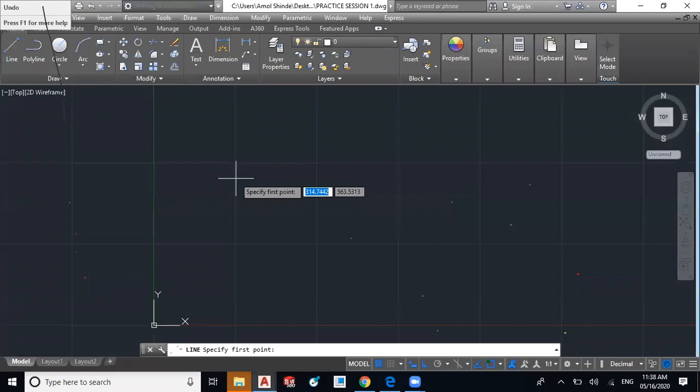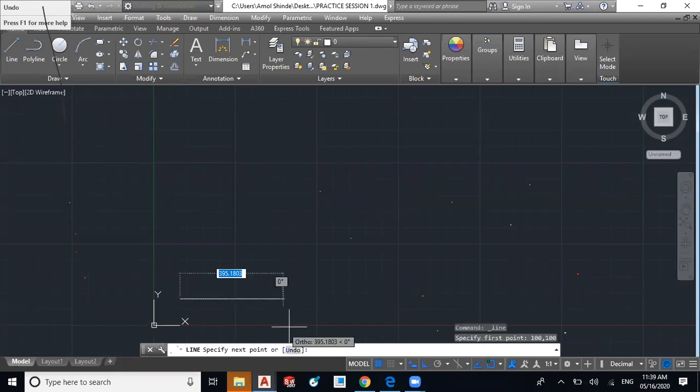Suppose we have selected a sheet of 200 by 200 and I have to start from the center of that sheet, then you can use the coordinates 100 tab 100. I have specified the first point coordinates x and y, enter. Then the line will start from the coordinate of 100, 100.